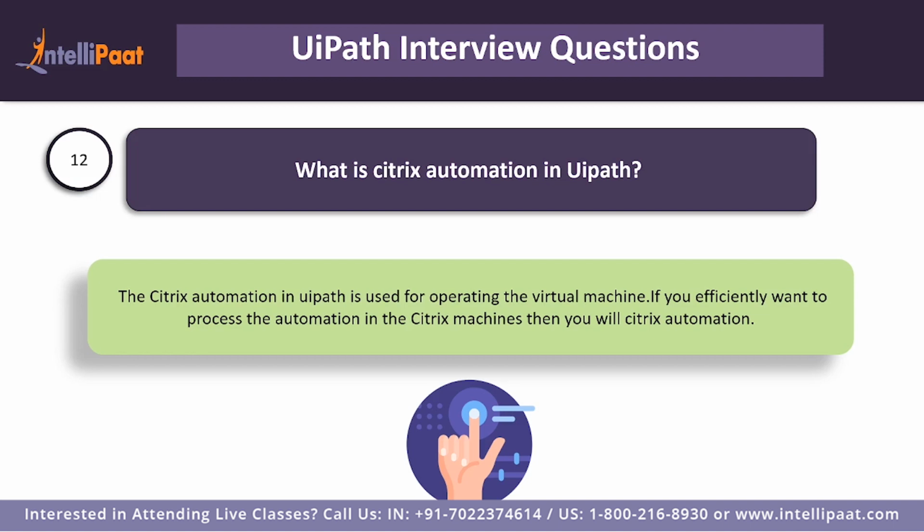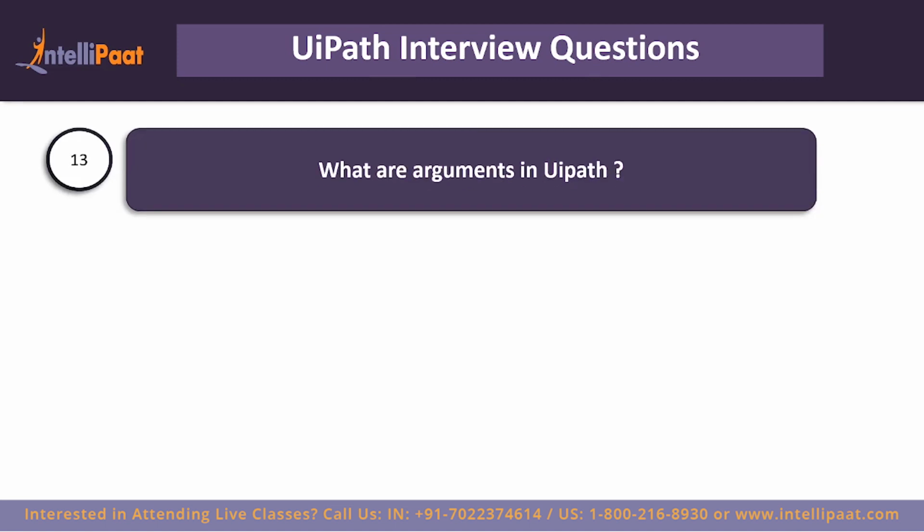You have the access of, let's say, writing something on your particular keyboard, and that will be replicated in that particular window of the virtual machine. So that is how you can use a Citrix automation. It uses its ability of doing image processing for doing virtual automation, right? So that is when Citrix automation is used. Let's get on to the next one.